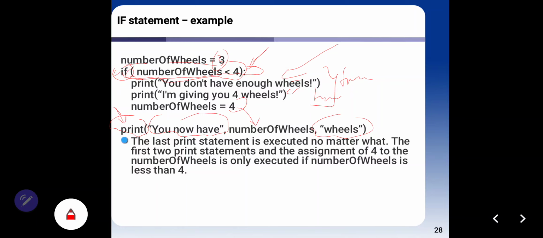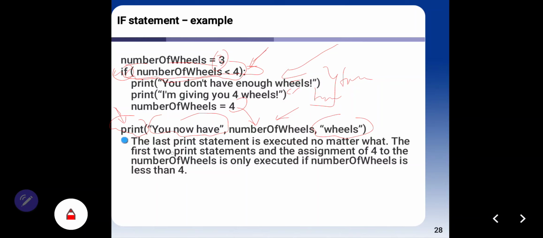The last print statement is executed no matter what. In here you can see this result on your screen: you now have 4 wheels, and you also see you don't have enough wheels, and I'm giving you 4 wheels.